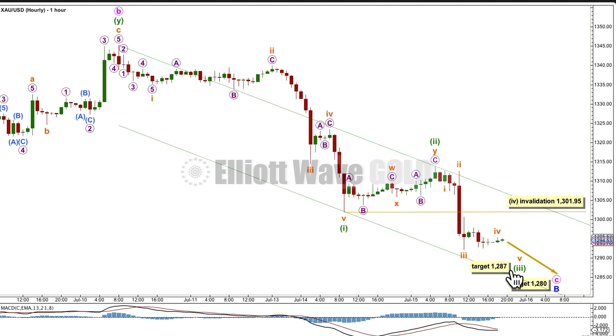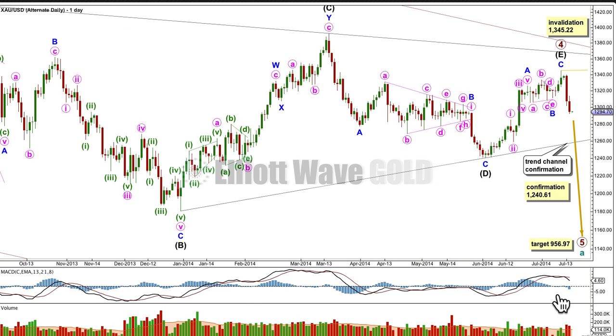When it's done, I'll be looking for a relatively deep, sideways moving fourth wave correction for minuette wave 4, which can't move into first wave price territory above 1301.95, and then a final downward wave toward the final target at 1280, where minute wave C will reach 2.618 the length of minute wave A, and the big expanded flat for minor B will have just the right look on the daily chart. And this is the alternate idea,